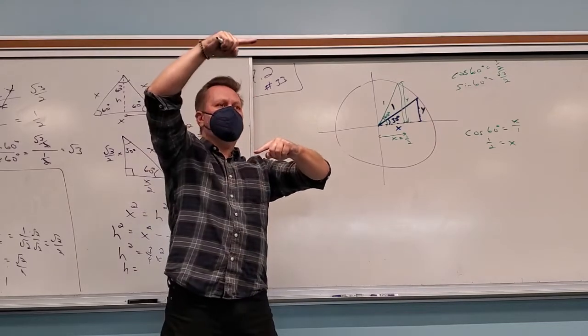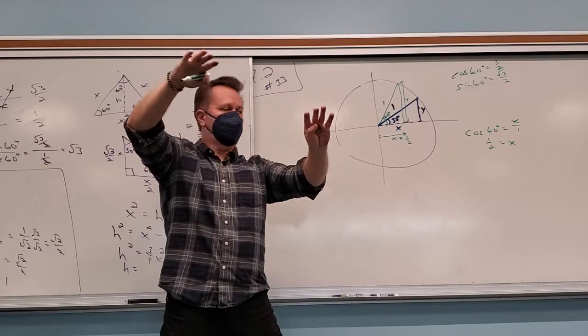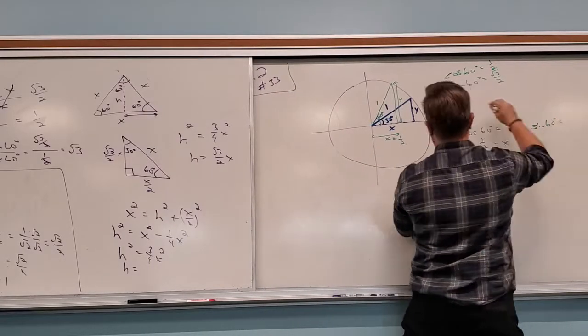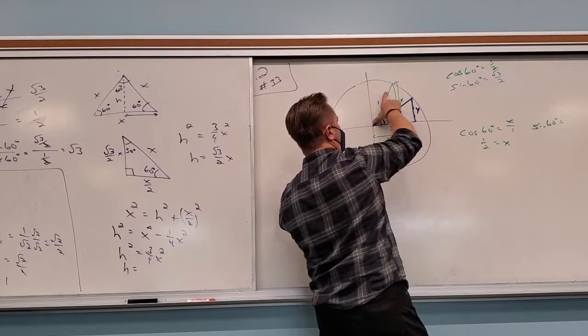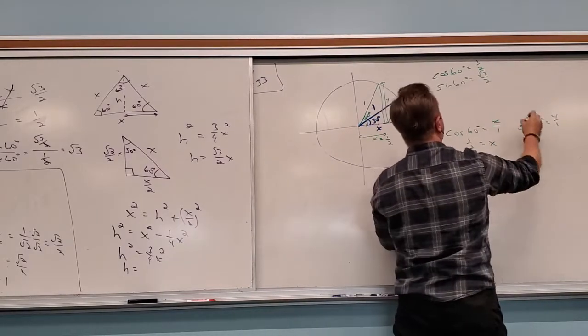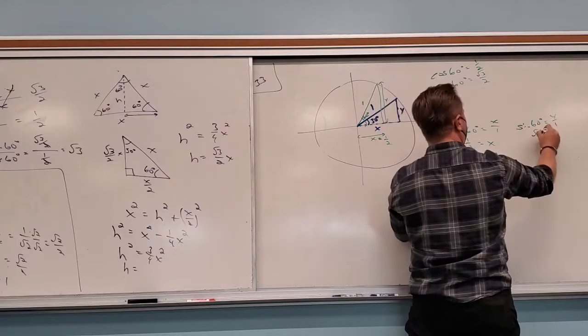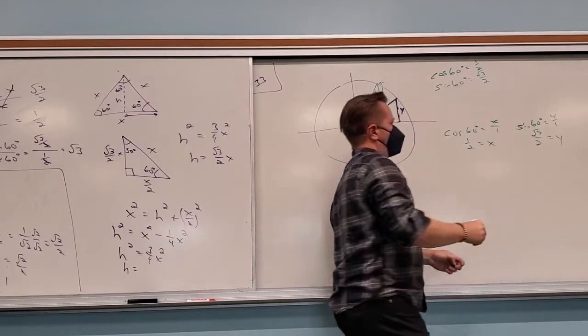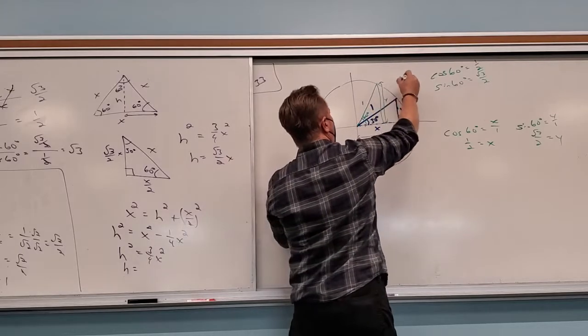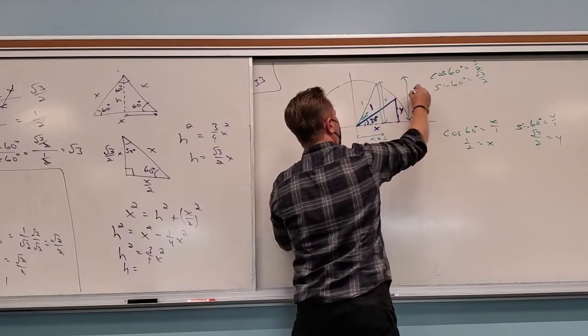And the y, in much the same way, sine of 60 is the y piece over that hypotenuse, right? Well, we know cosine of 60 is 1/2. I'm sorry, sine of 60 is rad 3 over 2. So this much is rad 3 over 2. Okay,